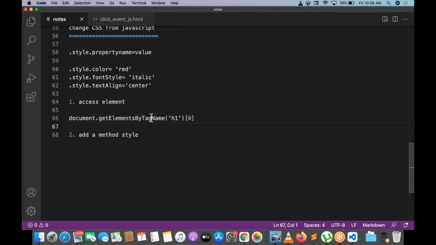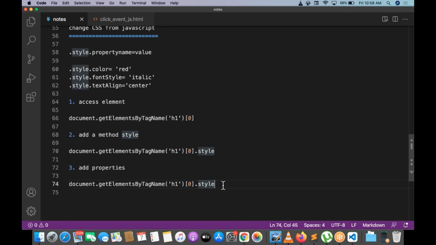Document dot getElementsByTagName h1 of 0. Second step, after accessing the element, we need to add dot style. Third step, add properties. How to add properties? Dot style dot color is equal to something like red.